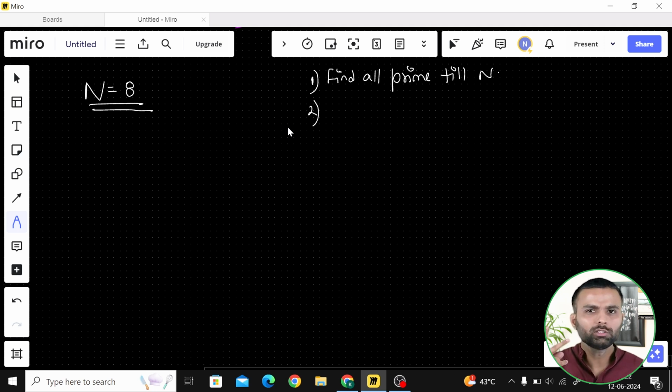Now, I just want two numbers whose sum is equal to n, right? That question is similar to a known problem: you have the array, and you have to check whether a pair exists or not. So the second step is the two sum problem, right?